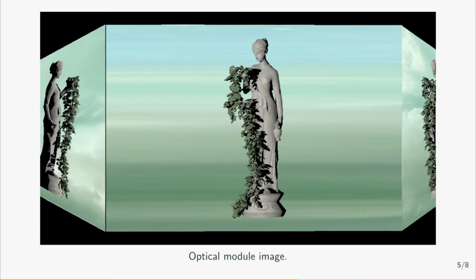This is because the environment map is far from the observer. You can see it very clearly on the central part of the image. The whole image that you can see now is the evidence that we need to use a very specific type of projection for the construction of the optical module image. And this type of projection is very different from the perspective camera model. This is why the conventional methods of working with the perspective camera model are not applicable to our case. Therefore, it is best to use ray tracing based methods.